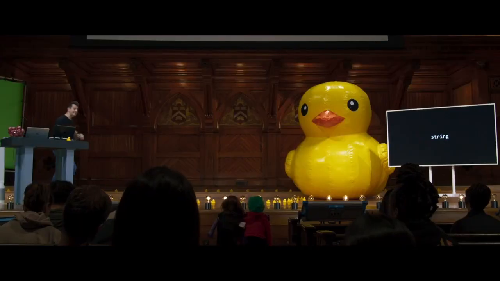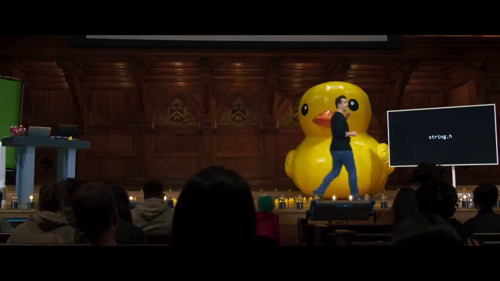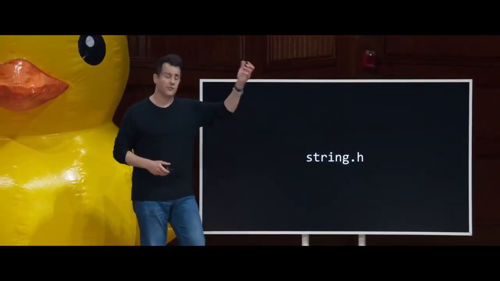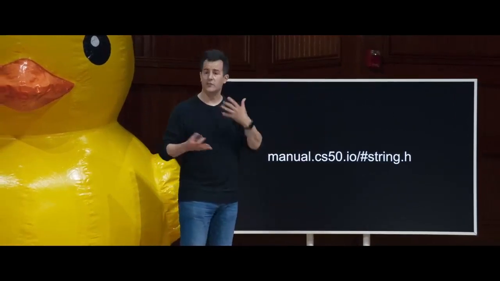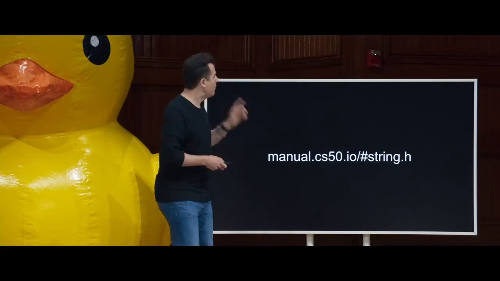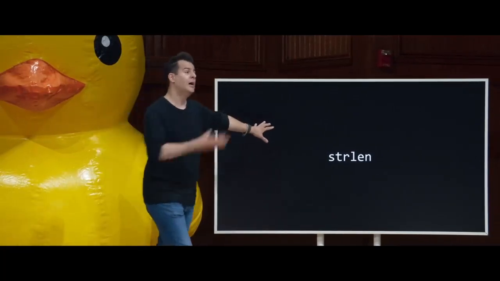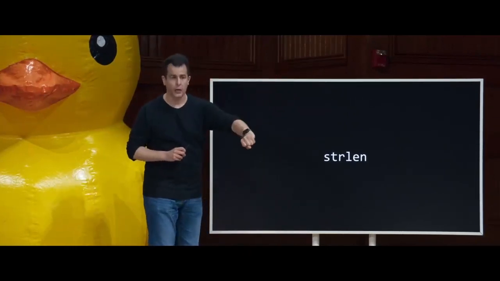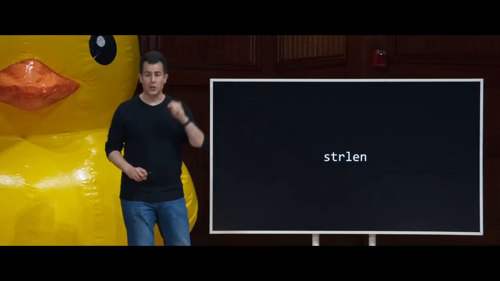So it turns out that in C, just as you have the standard IO library, you also have a string library whose header file is called appropriately string.h. In fact, CS50 has documentation, therefore, in its own manual pages, so to speak, along with some sample usage thereof. But it turns out in the string library, there is a very popular function analogous to the Python one that you asked about earlier called strlen, where strlen, one word, no underscores, just figures out the length of a string.